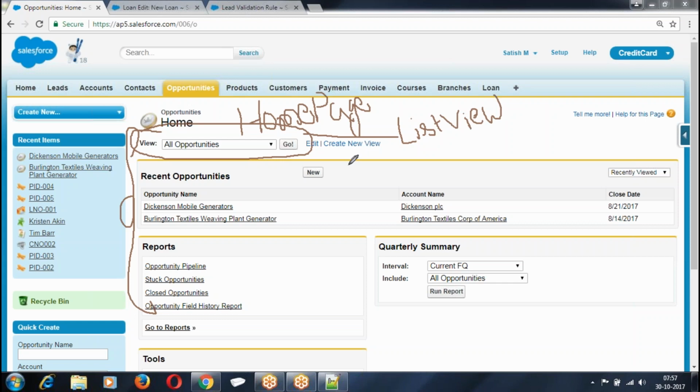No, I want to filter it: today's records, yesterday's records, Hyderabad records, Bangalore records. Like that we are filtering so that we can see exactly what we are looking for. If I see all the 1,000 records, it is difficult to identify my record. If there are 1 lakh records, will I be able to see each and every record? Very difficult. So what I am doing is categorizing records: records created today, records created yesterday, and as per my business, customers from Hyderabad, customers from Bangalore, customers from Hyderabad and Java, customers from Hyderabad and SWC. Like that, we are creating our own filter conditions. So the filters that I am creating are called list view.